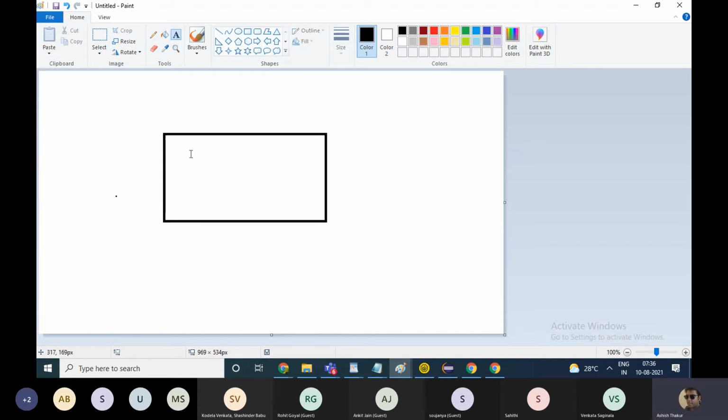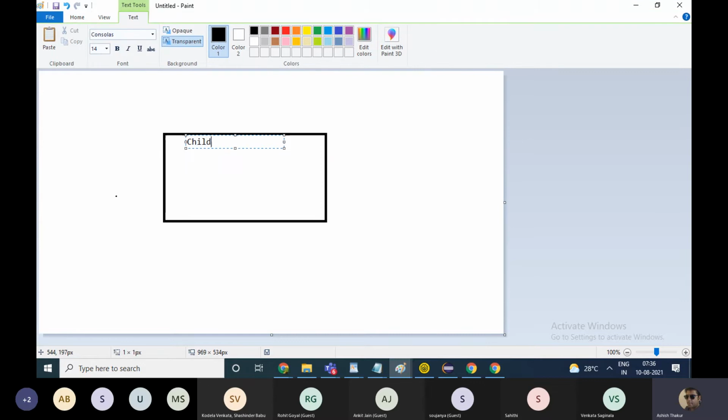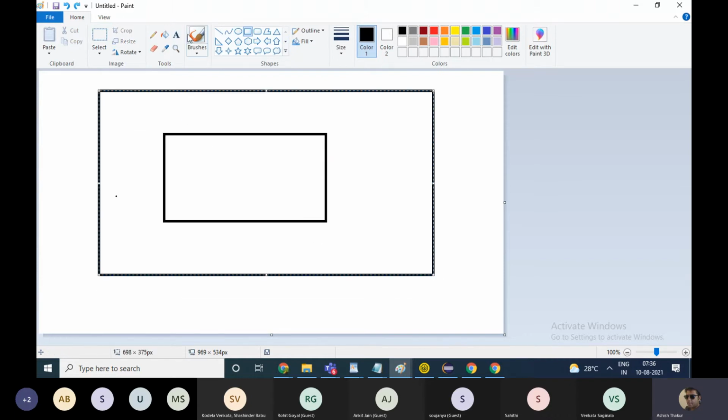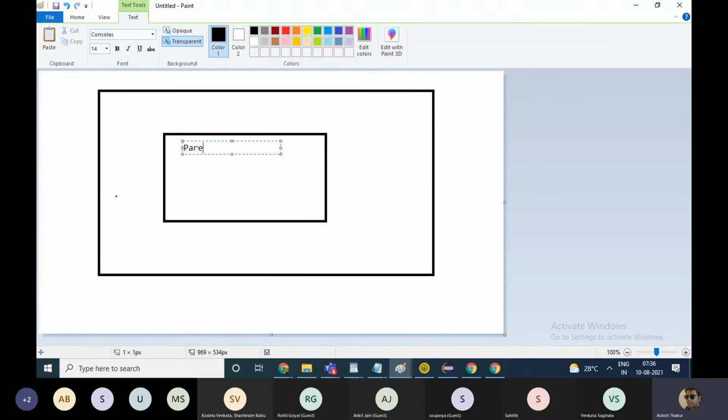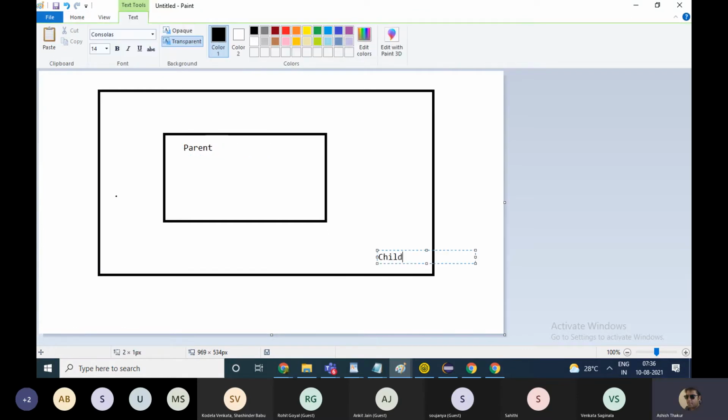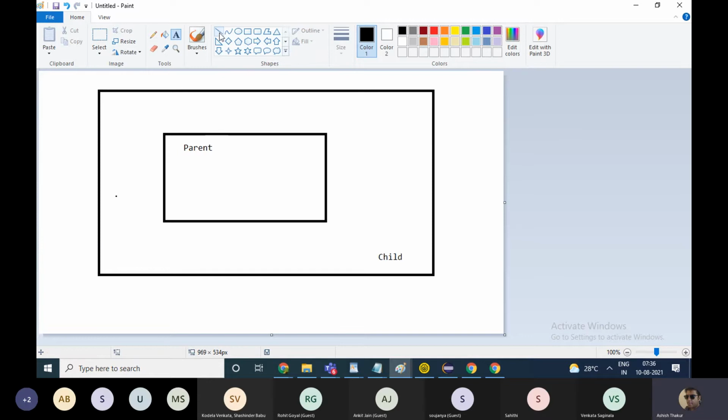So if this is the parent class, then the outer one is the child class. This is the parent class and this is the child class. The child will have everything that is there in the parent plus its own features as well.